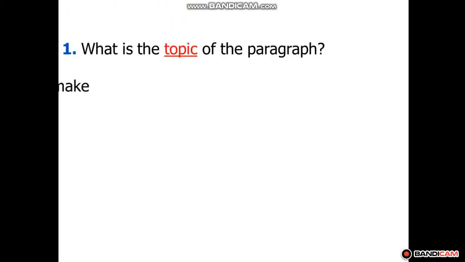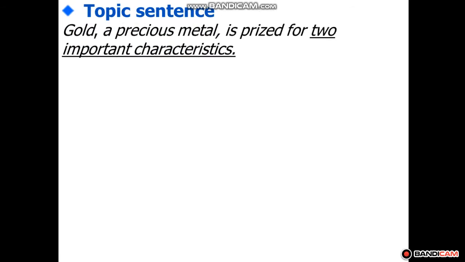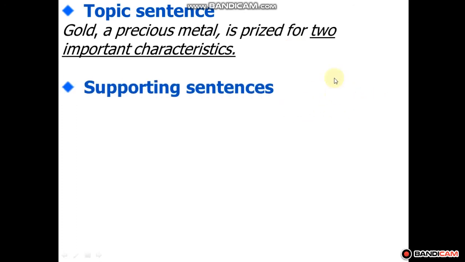Okay, now moving to the topic sentence. Well, gold, a precious metal, is prized for two important characteristics. Okay, well, this is the topic, in fact, the specific topic. About gold, we are going to discuss two important characteristics. All right? And then we move on to the supporting details, because we need to unfold this